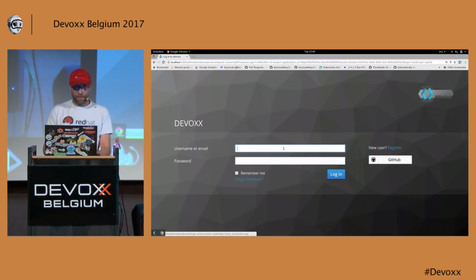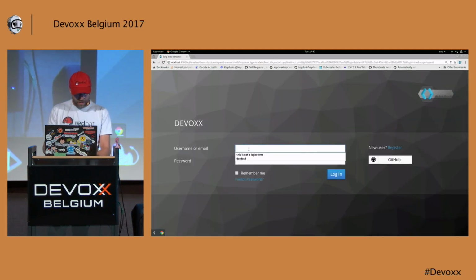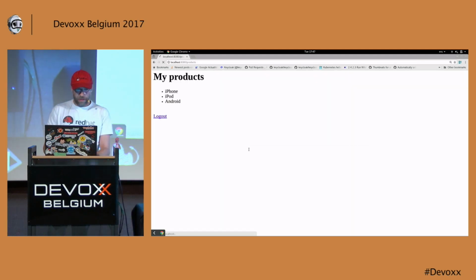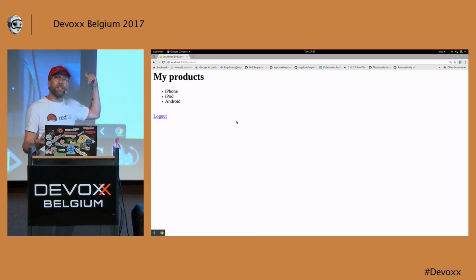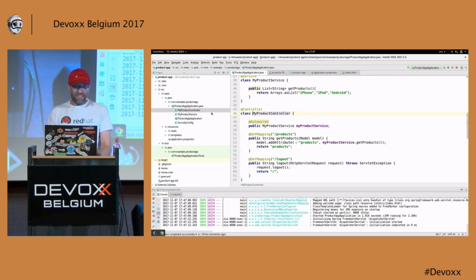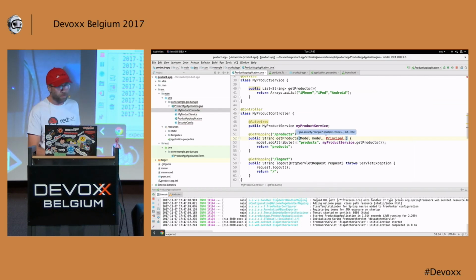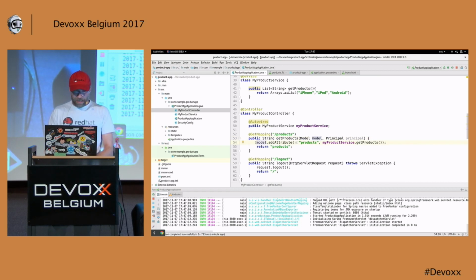And if I go back to my landing page, and I just log in. Here we go. You see, nothing really impressive here, but now it's using Spring security. But it's still doing the redirect with Keycloak and all that. That means, for instance, in my product here, I could also play with injection. I can just inject my principal. And let's say my principal, let me just import it, security, my principal, and I can add it to my model